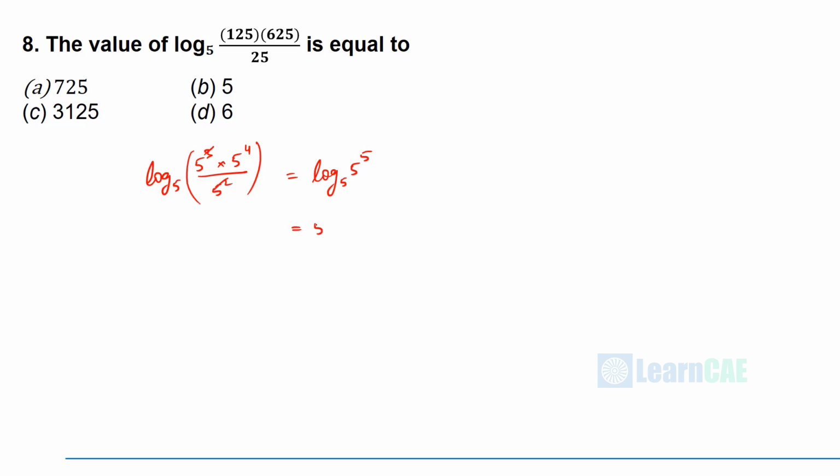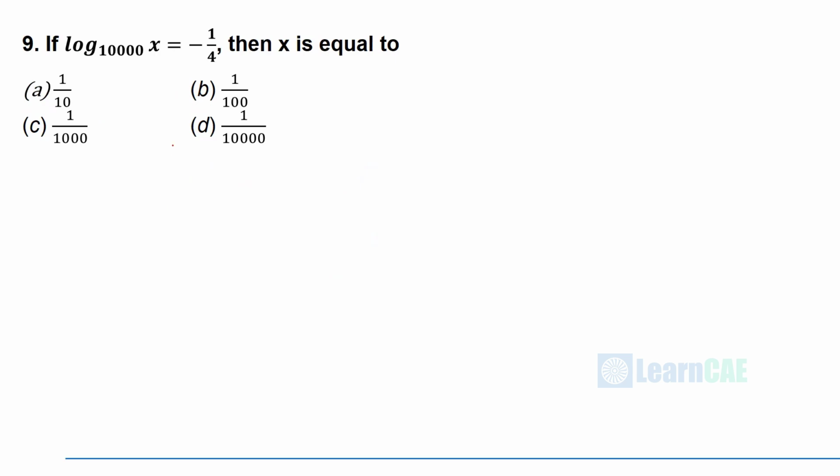So this can be written as 5 into log 5 to the base 5. We know that logarithm of any number to the same base is equal to 1. Therefore the answer is 5 into 1, which is equal to 5. Answer is option B, 5. Next question. If log x to the base of 10,000 is equal to minus 1 by 4, then x is